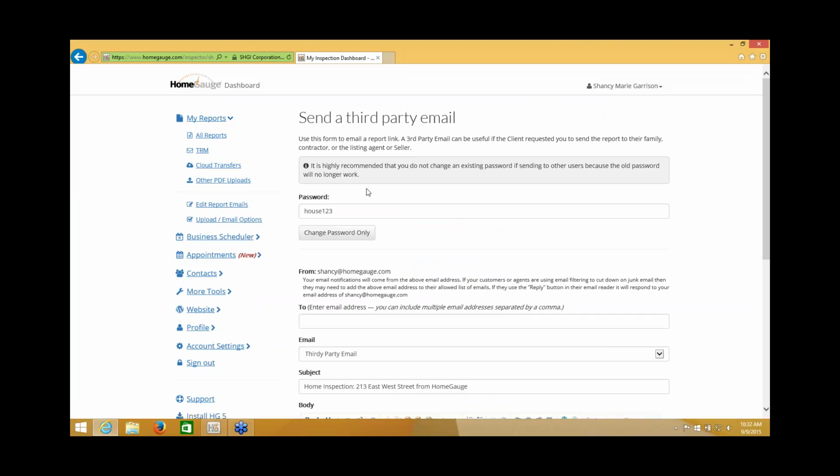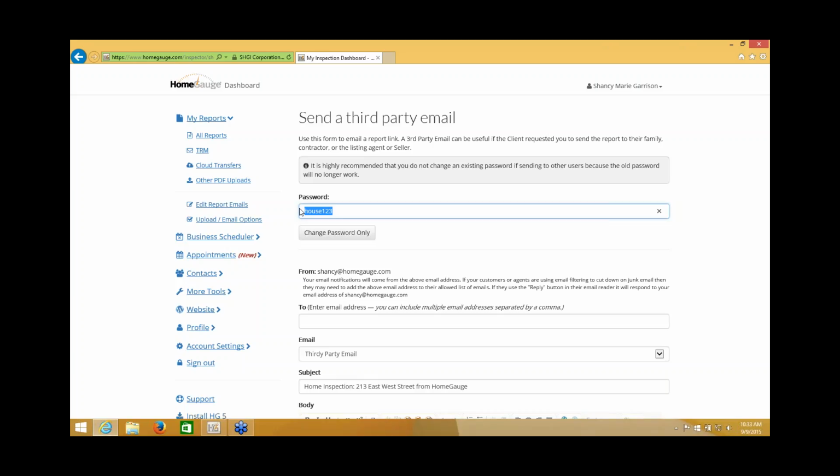But what we're going to do here is we're going to change the password because that link that you initially created and was sent to those people, it's out there somewhere. And those people can still access the report. So we're going to change the password. I like the idea of making the password something that you would know that you changed it. Like dead deal, like if the deal fell through, or no deal or something, so that if you go in and change the password to no deal and you've taken away forwarding permissions from anybody,